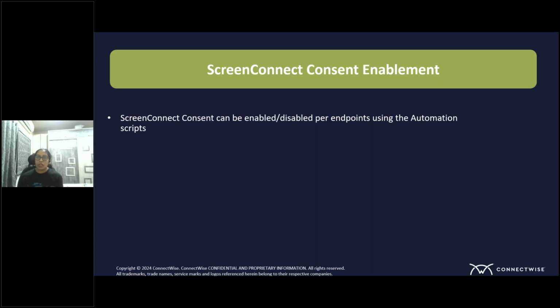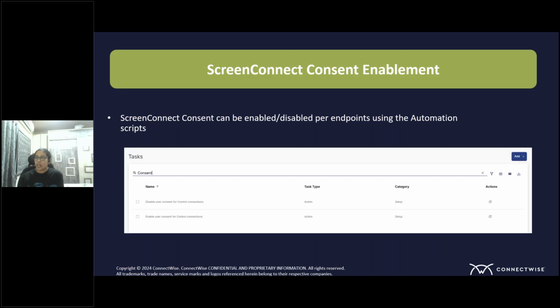In a plethora of use cases, we have seen that users may be working on something, or they are not, I mean, the machine is idle, and so on and so forth. There can be many reasons. So in those cases, enabling consent to connect becomes very valid and very important. These are the two automation scripts that we have as of today in ASIO, wherein you can enable this